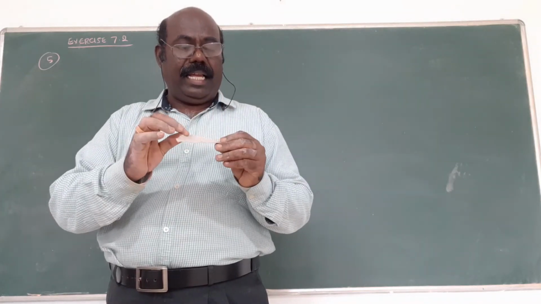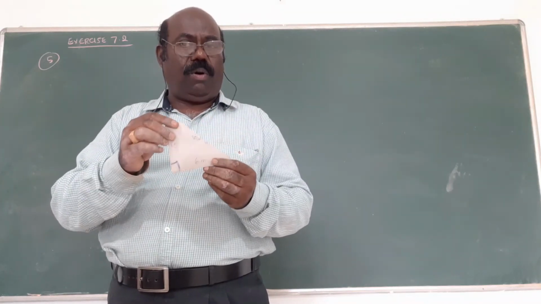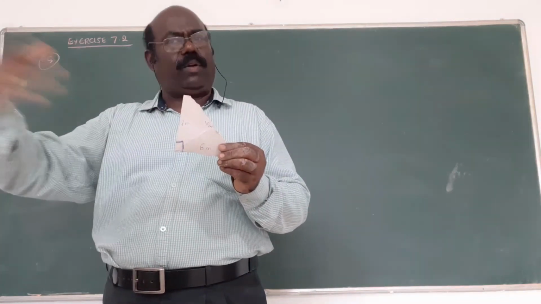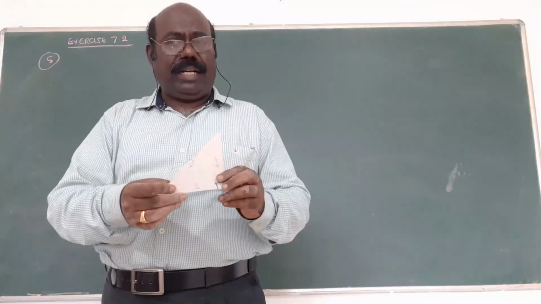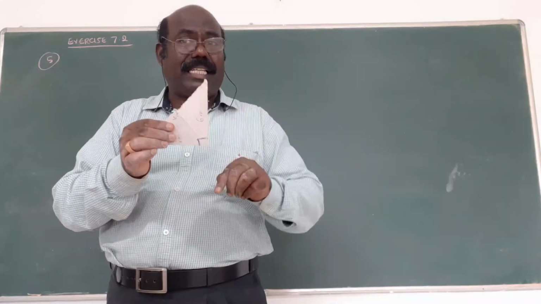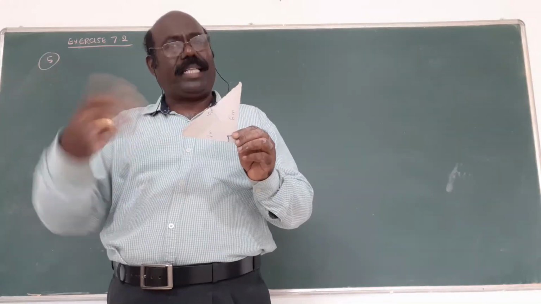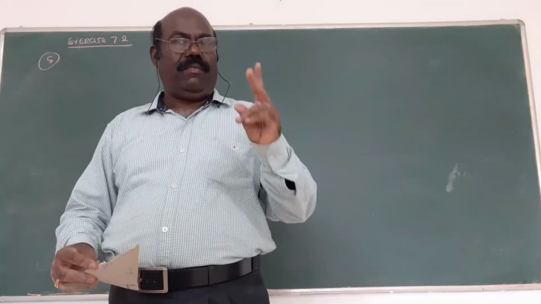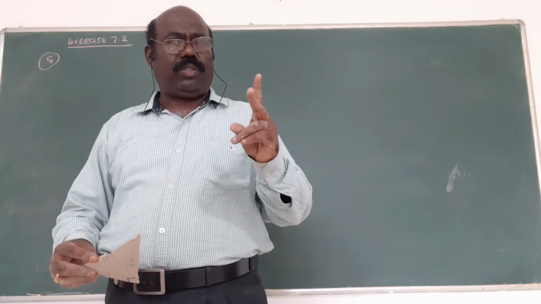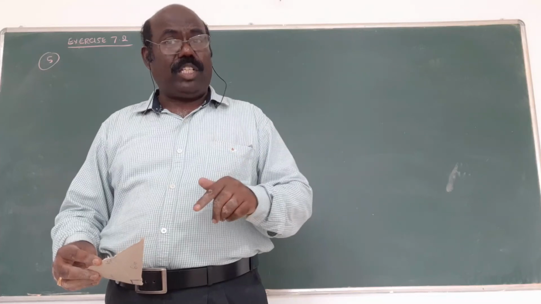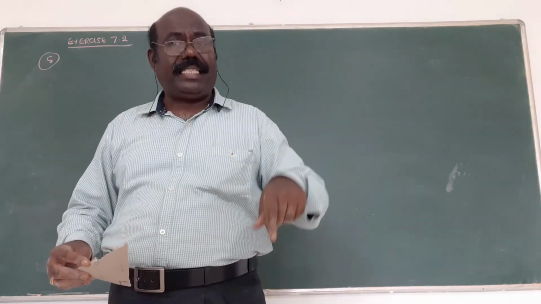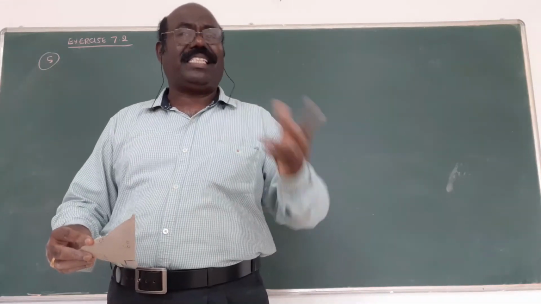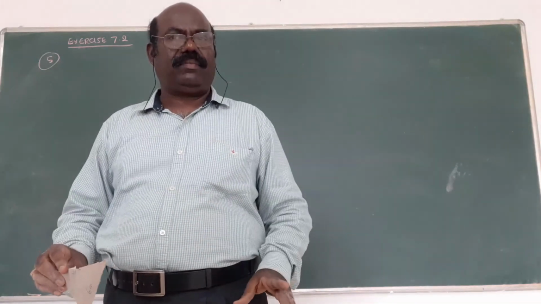First, I want to consider the cone with base 6 cm and height 8 cm. It forms a cone, and we find the volume of the cone. Next one, the base is 8 cm and the height is 6 cm. This also forms a cone, and once again we find the volume of the cone. What is the difference in volume being asked? We have two cones: first one base 6, height 8; next one base 8, height 6. You find the volume of the two cones. The difference is asked, so you subtract both and get the answer. That's all. Am I right?